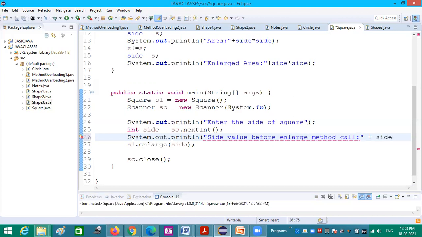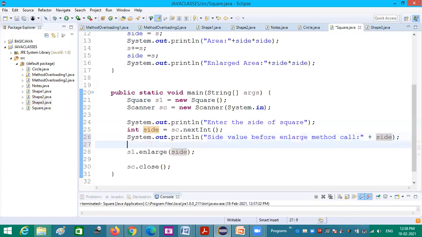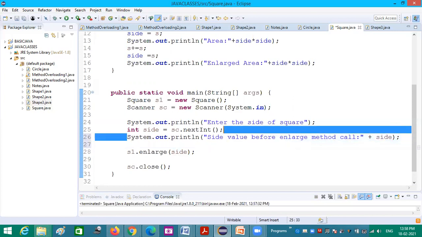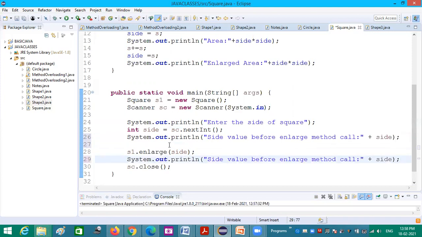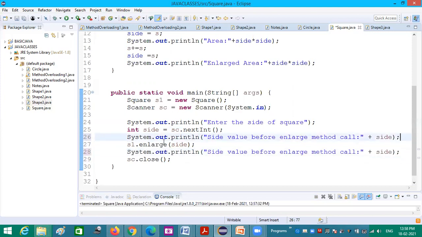Now I am giving side. Okay, now the same side value I am printing after the enlarge call. Side value after enlarge call.